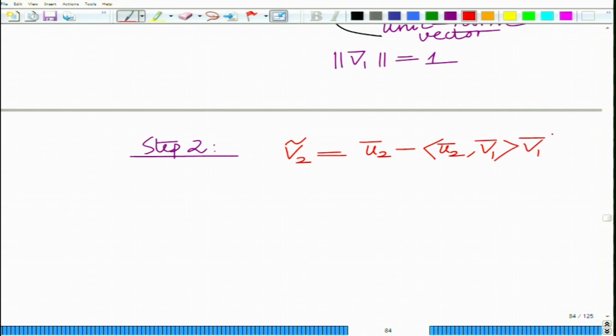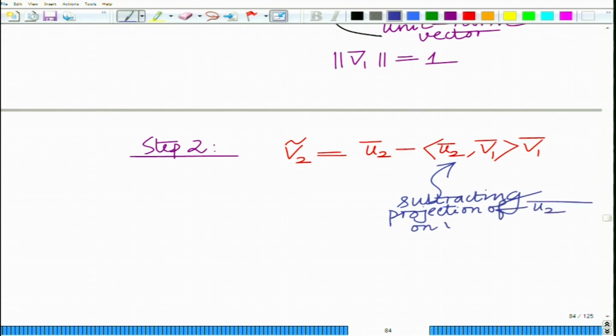That is what we are doing. We are subtracting the projection of u2 bar on v1 bar. That is, we have these two vectors, remember,